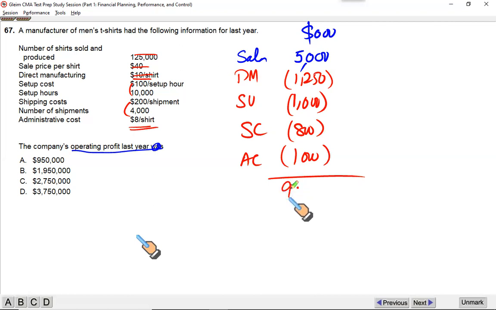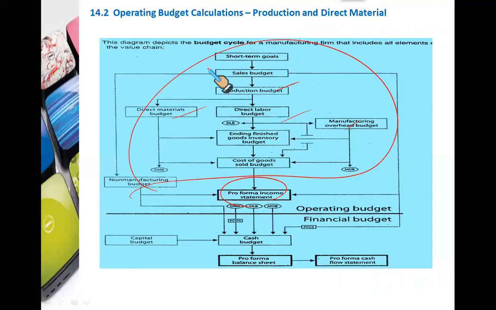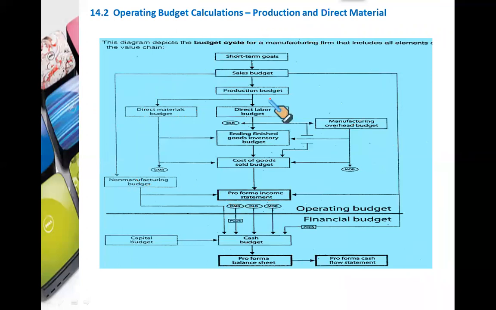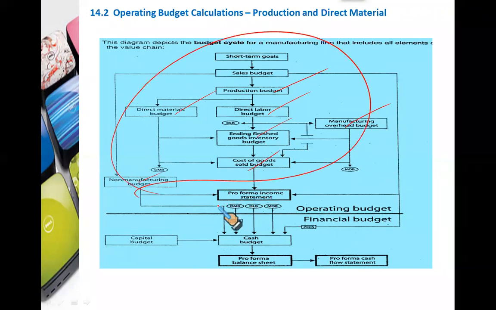Yes, Imran, very good. You got it right. Afzal, you got it right as well. So it's $950,000. So this is the anticipated profit, or if the numbers are actual, this is the operating profit. So it will be fairly straightforward because you would have calculated all these numbers separately. Production, labor, manufacturing, all these. You just need to add these up all and you get your budgeted income statement, guys.